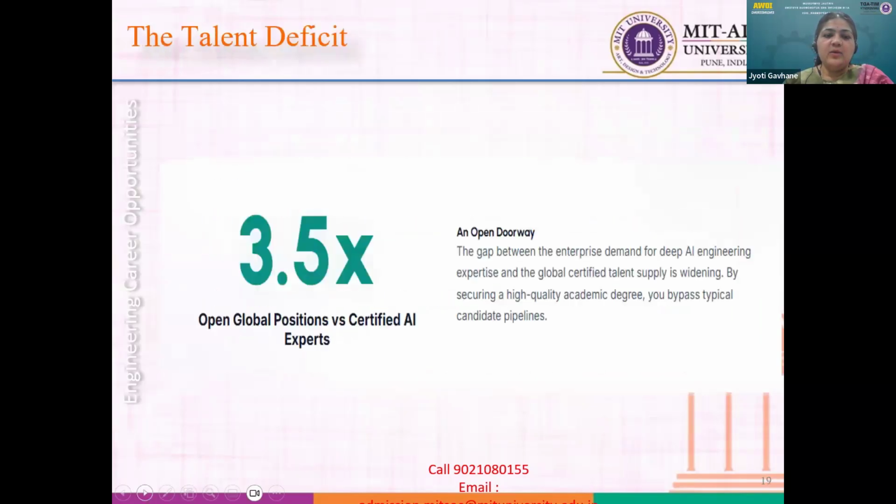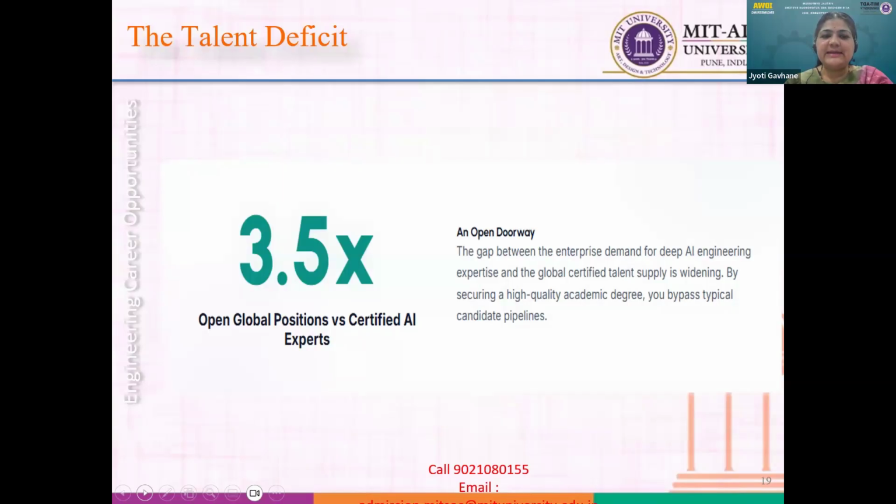Now, where the talent is deficient, there is a gap between the enterprise demand for deep AI engineering expertise and the global certified talent. Though we are saying that AI is replacing the humans, and asking what the future of AI is, the current scenario is that since there are no AI experts,